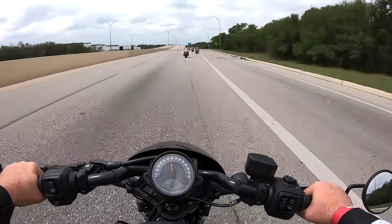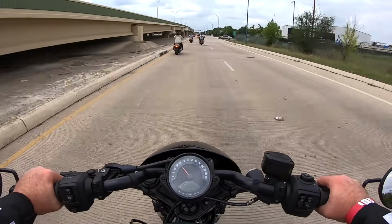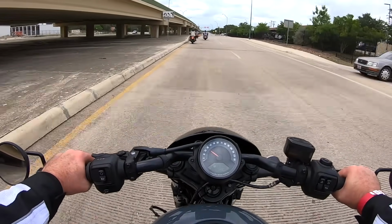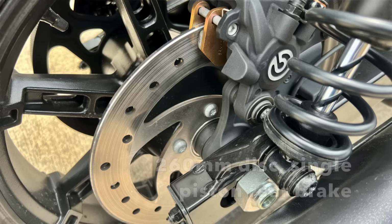I'll get up here and test out the brake, see how they work. I hit the front brake. Oh, nice, nice, very grabby. Very powerful front brake. I'll have to get off here and look whether it's got a single or a dual disc. I think it's a single disc, but